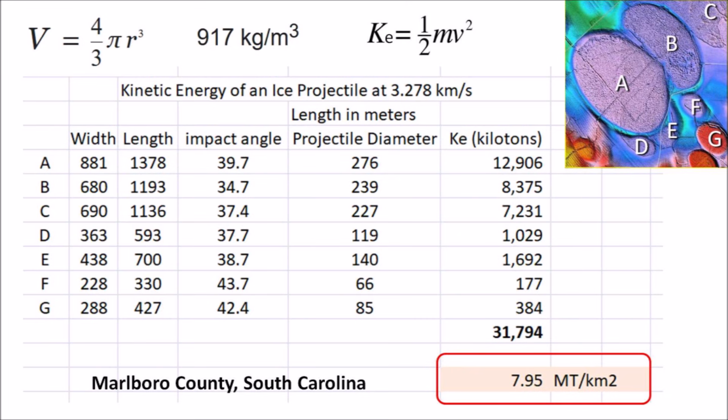From the volume of the projectile and the density of the ice, we get the mass of the projectile. The kinetic energy in joules is then converted to kilotons of TNT, which is easier to comprehend. The glacier ice bombardment that produced these basins was about 8 megatons per square kilometer. The ecological effects of this tremendous impact energy would have caused an extinction event in the area of the ballistic